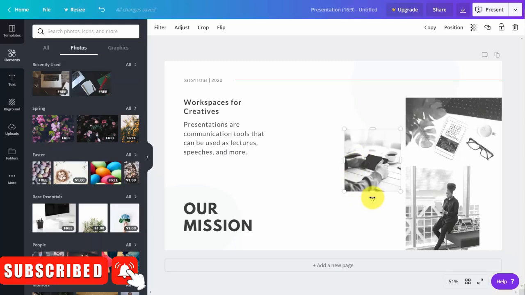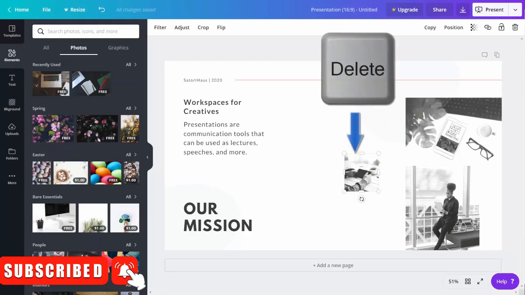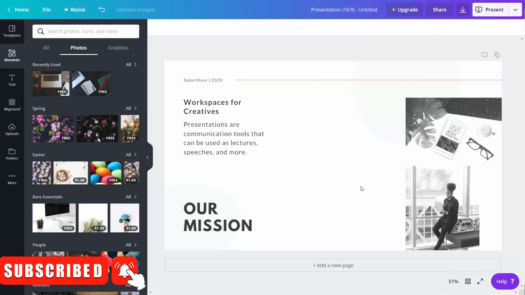So for example, we can rotate this element, we can size this element, and we delete the element by clicking on top of the element. You'll see the handles, and then we're going to click the delete button that will remove the piece from your canvas. If you want to bring back the piece to your canvas, all you'll need to do is click this undo button, and you'll see the element come back to your canvas.